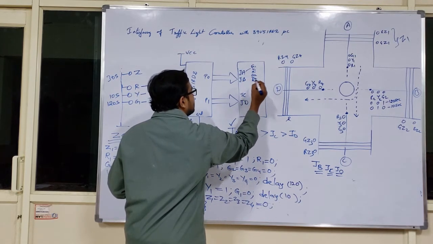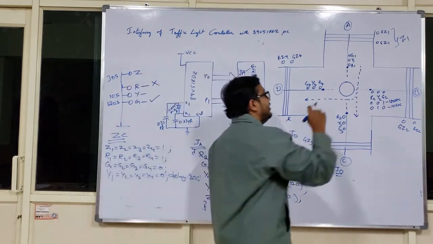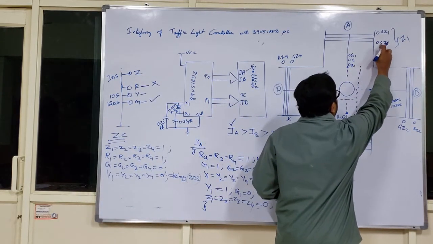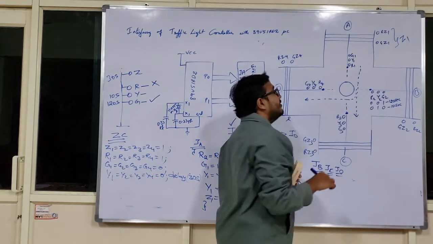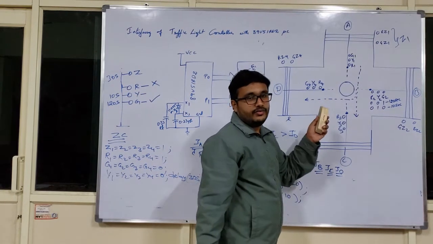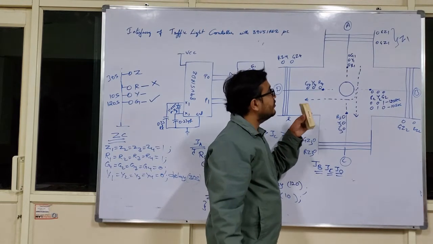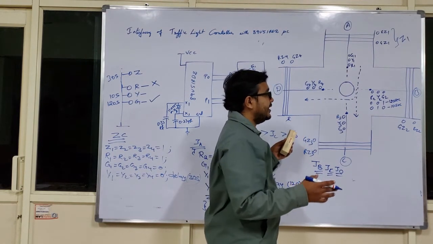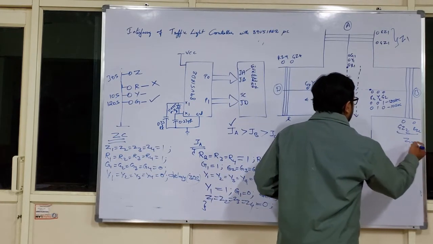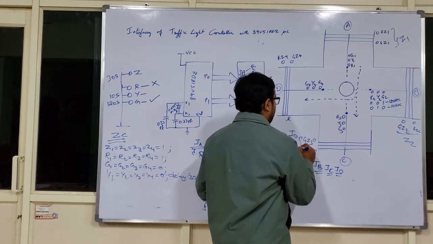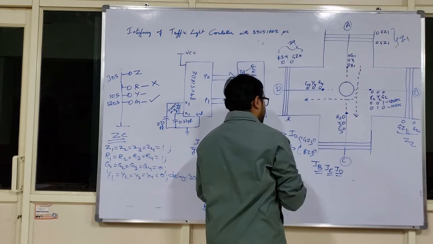After completing these things, I am going to write zebra crossing 1, zebra crossing 2. That means there will be a zebra crossing lamp Z1. I have taken only one lamp instead of taking two lamps. Whenever this zebra crossing lamp is logic 1, it indicates that pedestrians can take a movement. They can take the direction from one road to the other road. And here also I have taken only one lamp, that is Z2. Here I have taken one lamp Z3, zebra crossing lamp 3, and there will be a zebra crossing 4 lamp here.